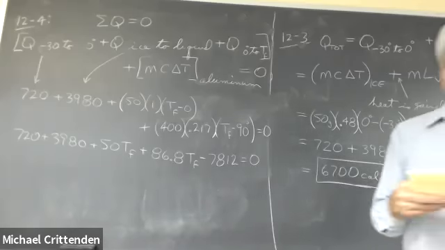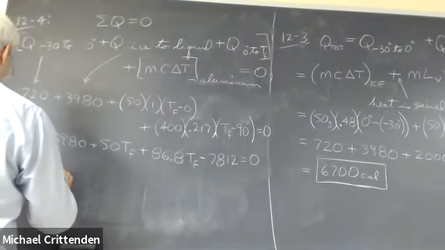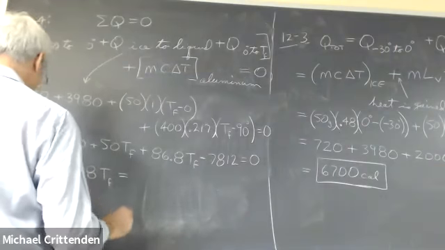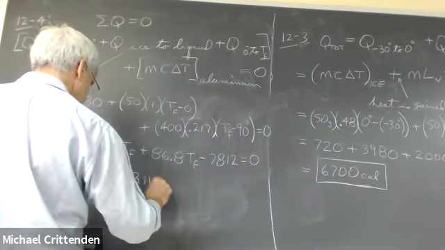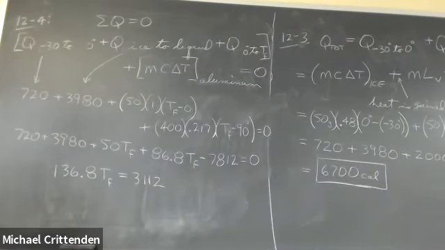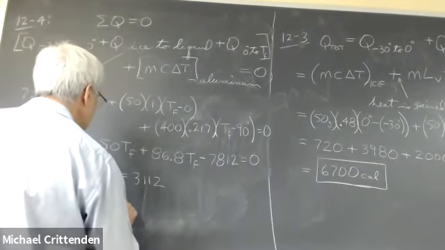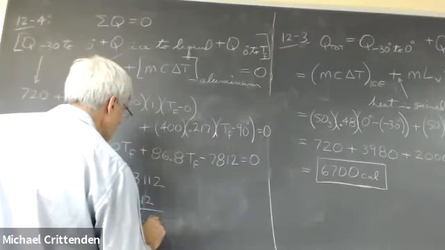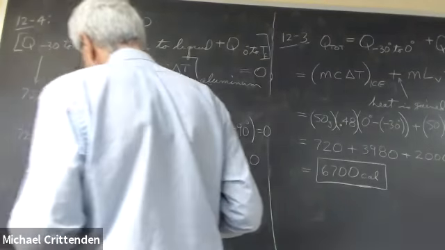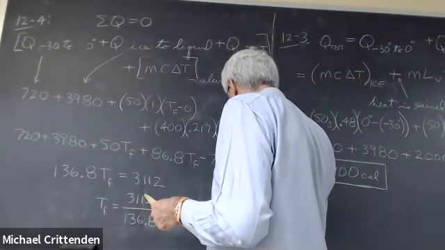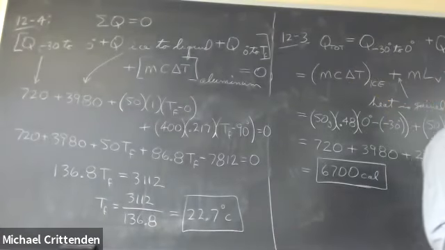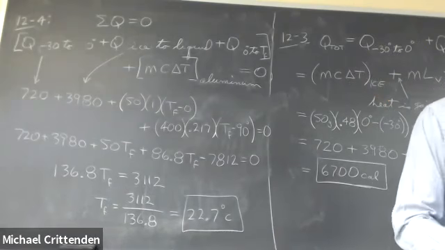Combine the like terms. 136.8 T final 3112. And you divide. And that does it